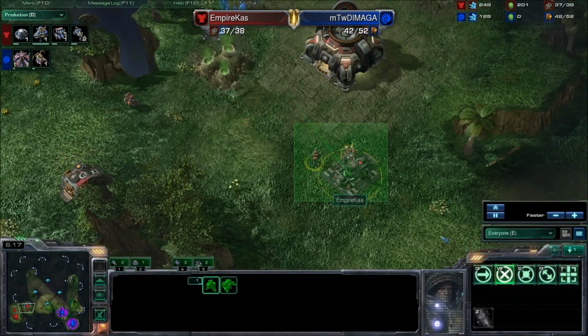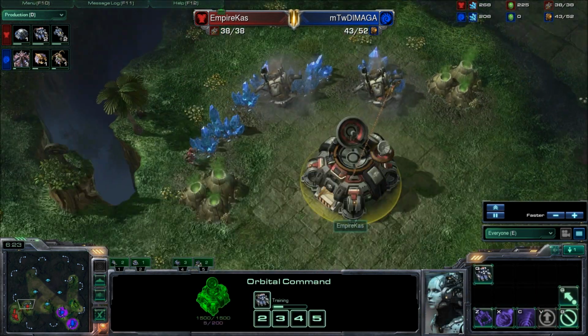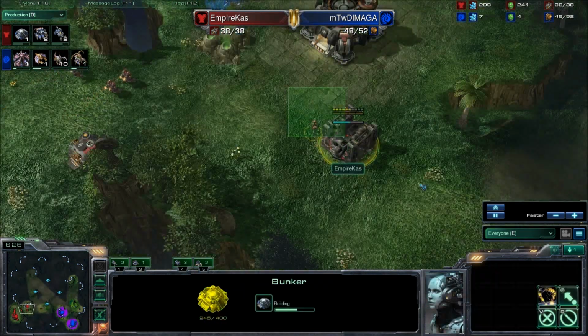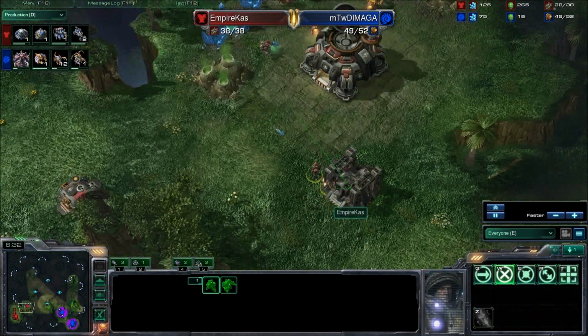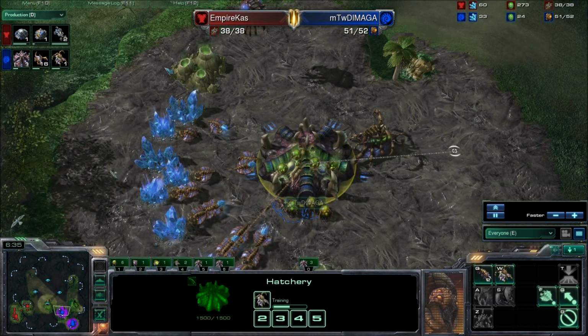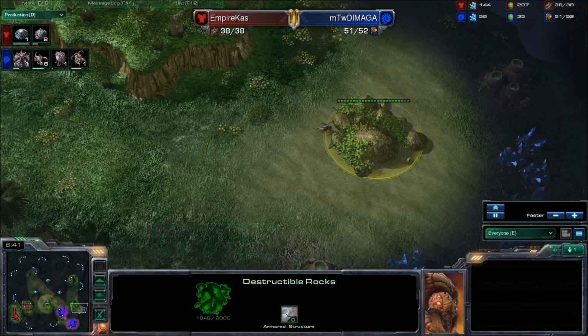maybe just getting a bit wary, saying, okay, I don't really have the number of units I need to defend this yet. So maybe he was just holding off till he felt safe enough to expand, got that bunker up, getting a Marine inside there just to feel safer to expand into his natural. But what I really want to see is,